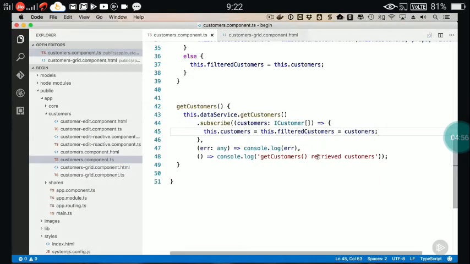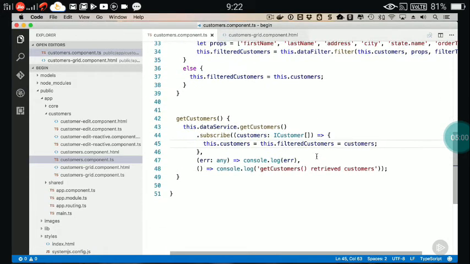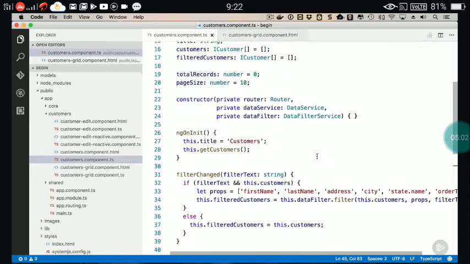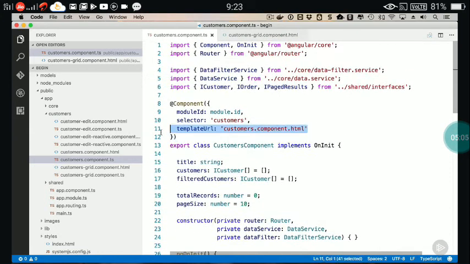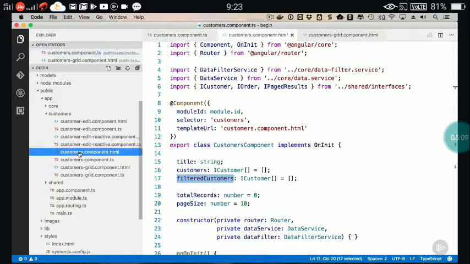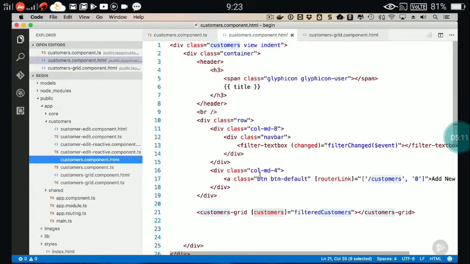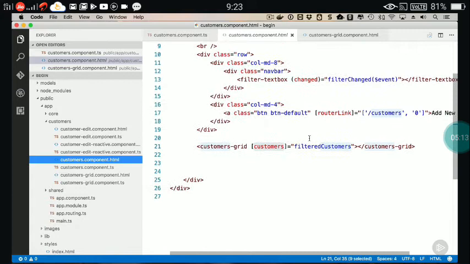All right, so that's kind of the first stage. We now have customers that are available. Now, if I go into the template, you would probably expect that the template for this component must have something that binds to filtered customers. Well, let's go look. So this is the template, and you won't actually see filtered customers in here anywhere except